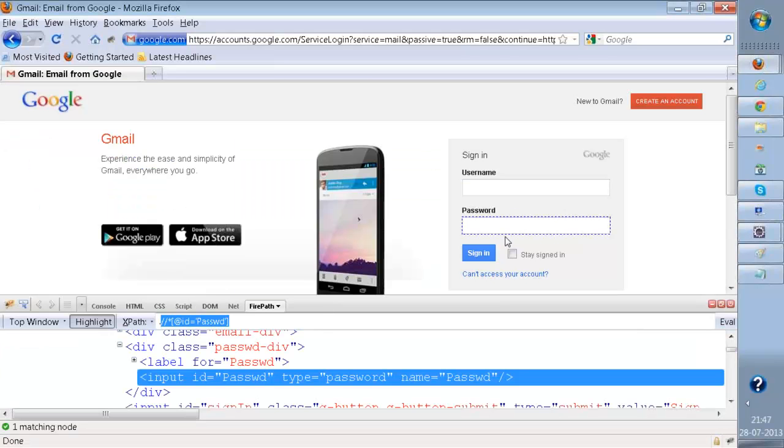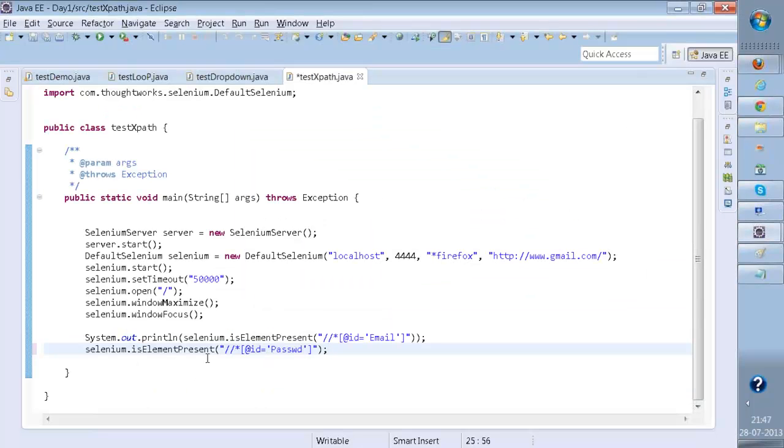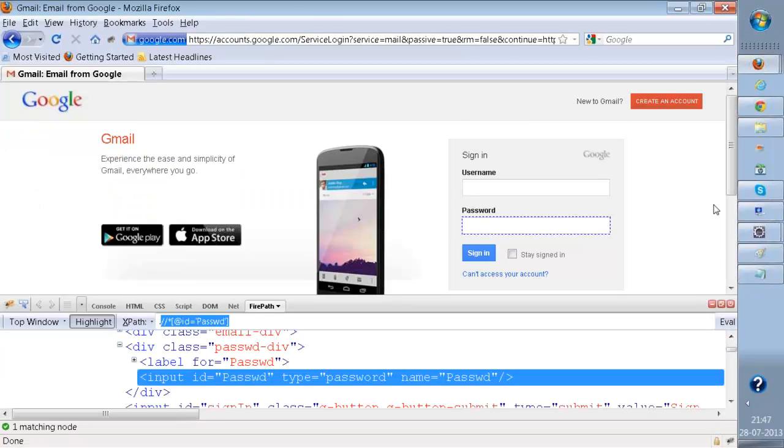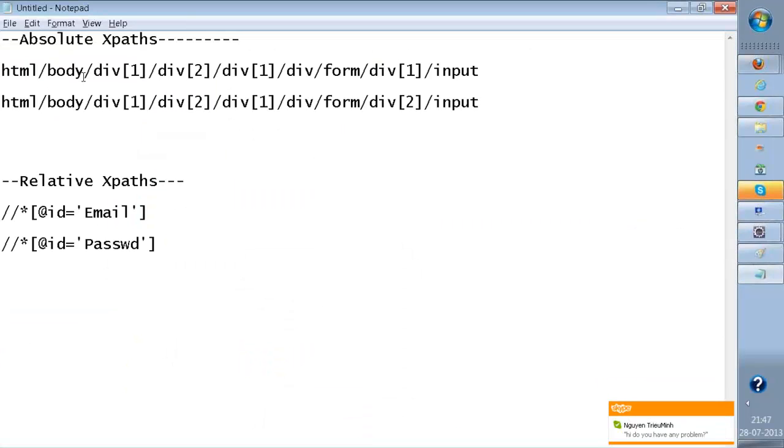So let's say after this text box, I have 8 more text boxes. So will I be writing selenium.isElementPresent 8 more times? Every time I take the XPath of an element, every time I'll be writing selenium.isElementPresent. If I'm using this relative XPath, then I have to write the statement 10 times for each element, right? So with the help of absolute XPath, if you see this absolute XPath over here,